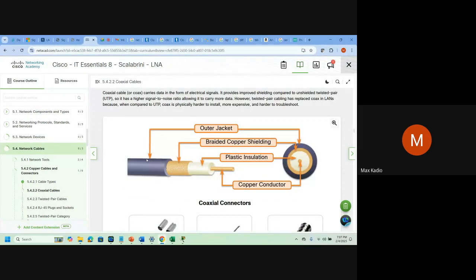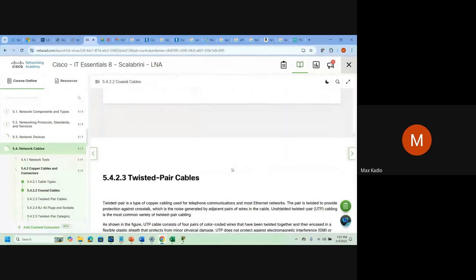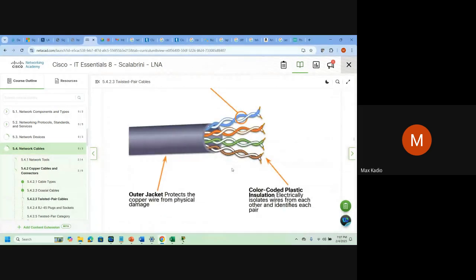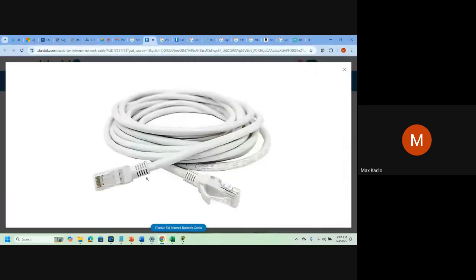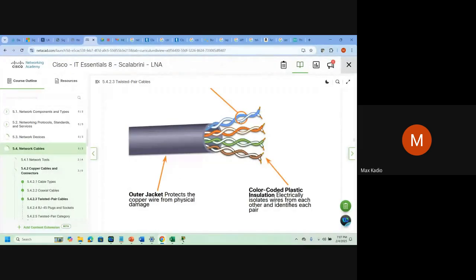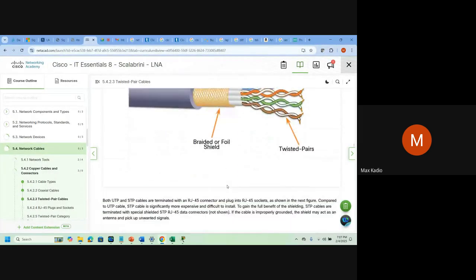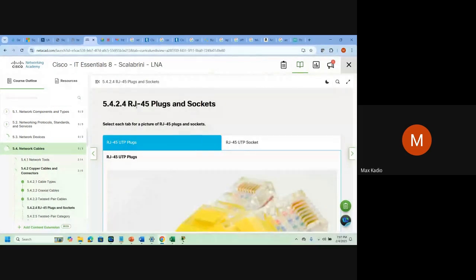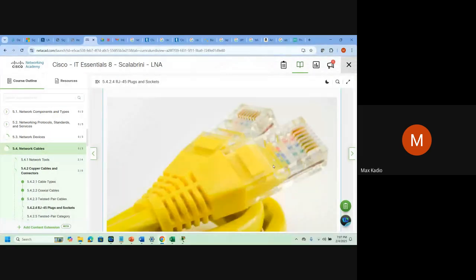In America, they use a lot of this cabling. If you cut this cable and open it, you'll see some cables inside. RJ45 plugs connect to the network interface card.